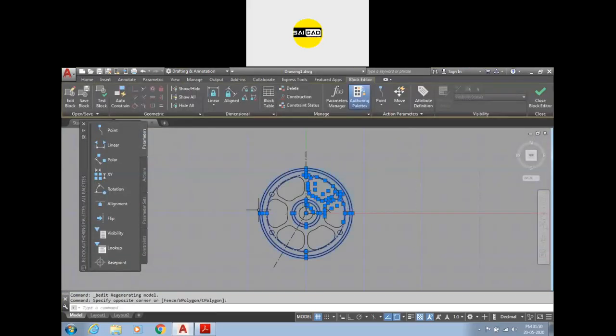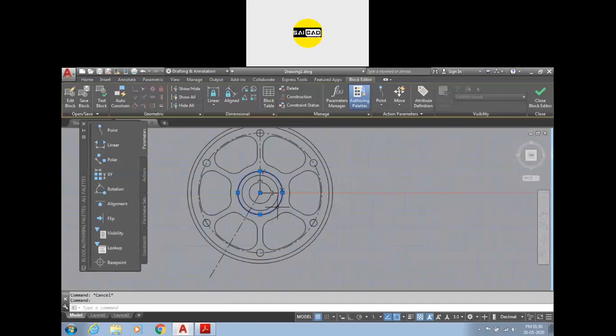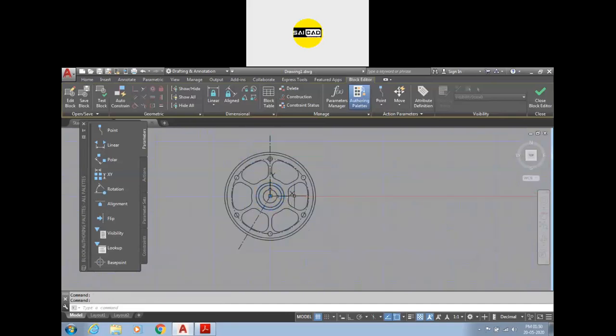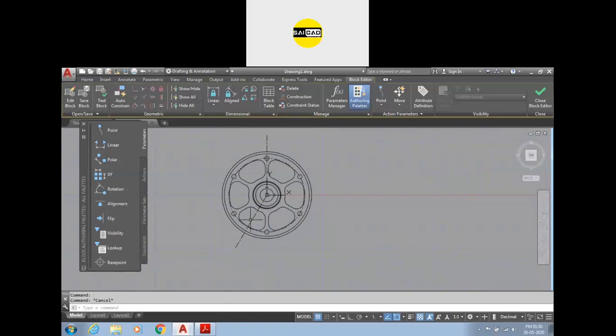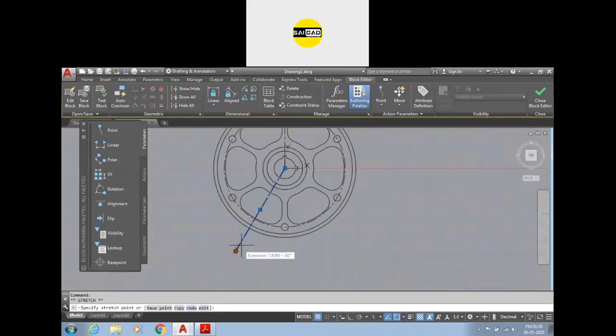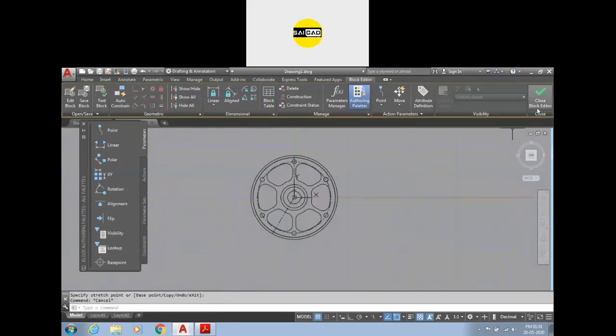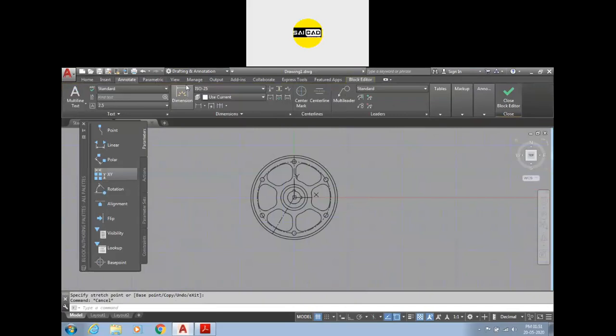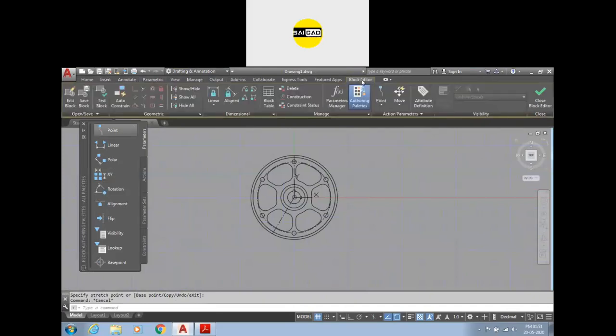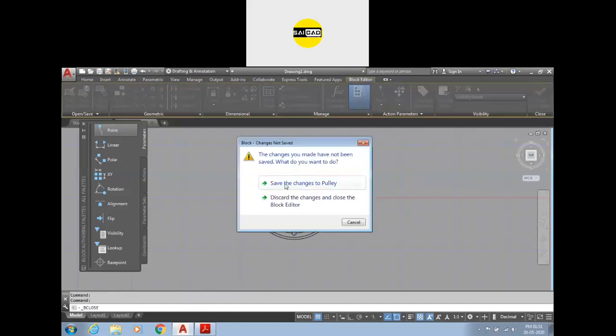Now you are in the editing option. You can just select everything individually here and you can modify anything. Suppose I'm now going to select this line. I want this line to be at this point, this line to be at this point. Okay, so just go outside of this block editor, just go here, close block editor. If you get stuck sometime and you don't see your options, just go to this block editor, there will be the options. Close the block editor, save the changes.